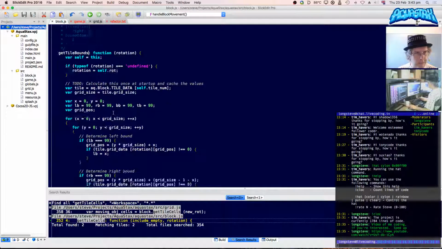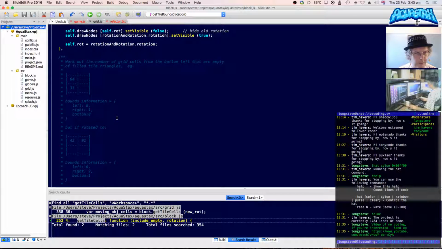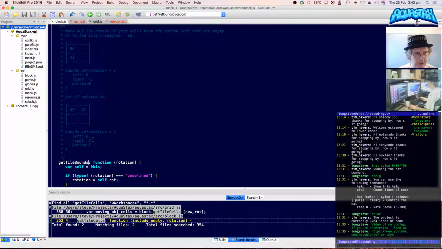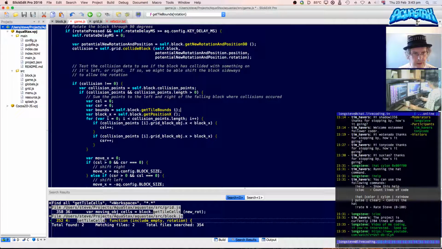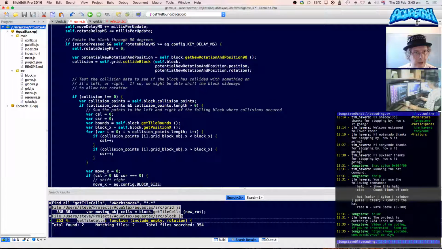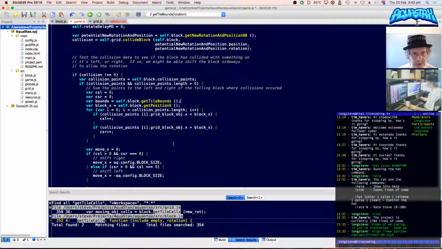And where are we? It's the amount of space from the left and the right. So we've got right, left, right is 1. Left and right is what I want. It's left times grid block size.